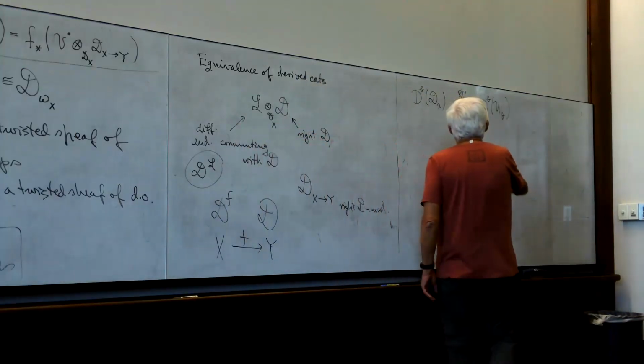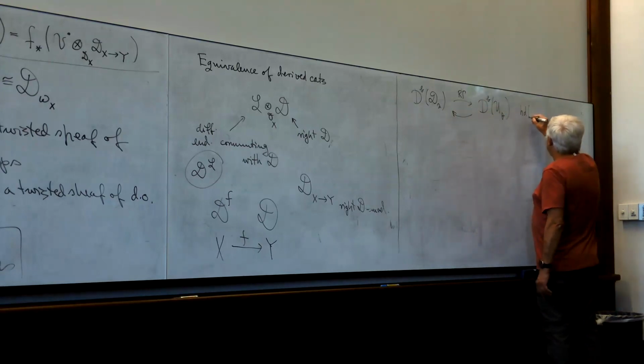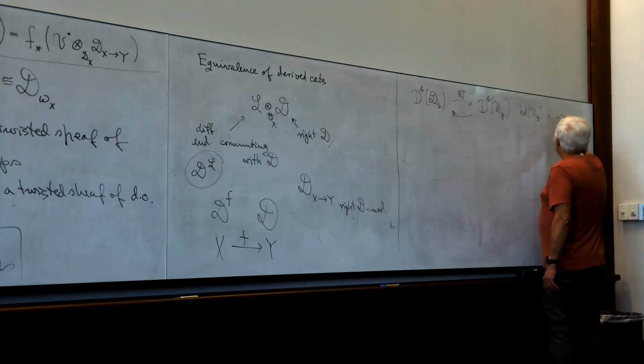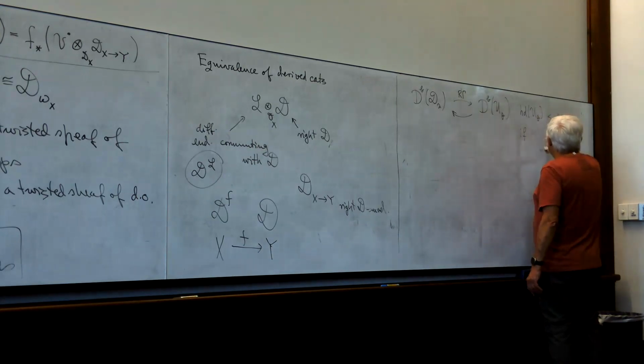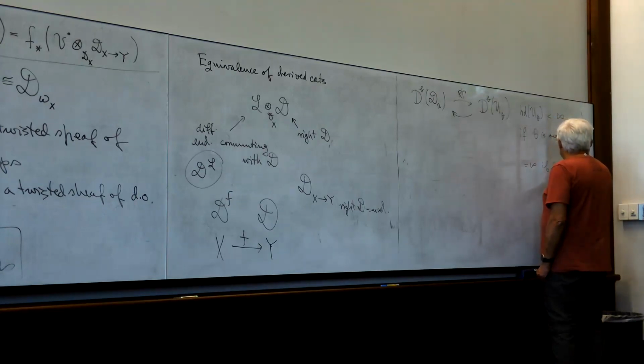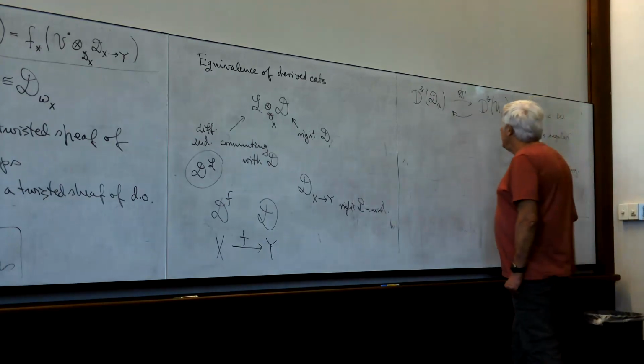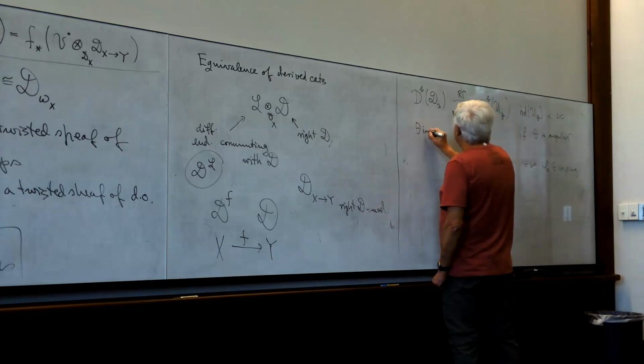Then you can show that the homological dimension of U_θ is finite if, I mean, there is a precise bound, if theta is regular. It's infinite if theta is singular. So the singular case is an issue, but if theta is regular,